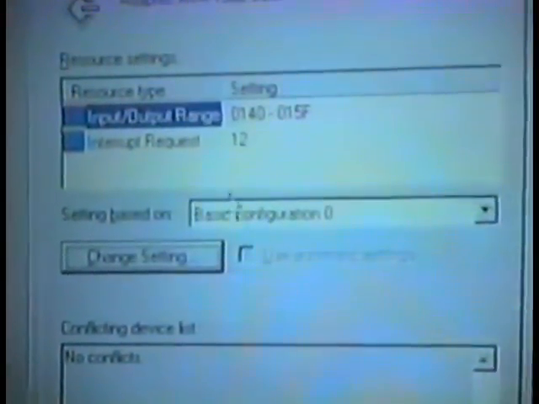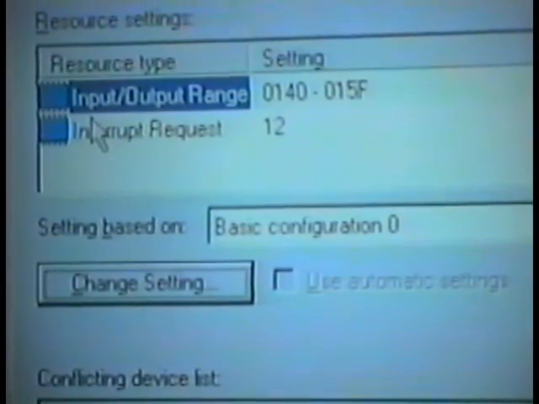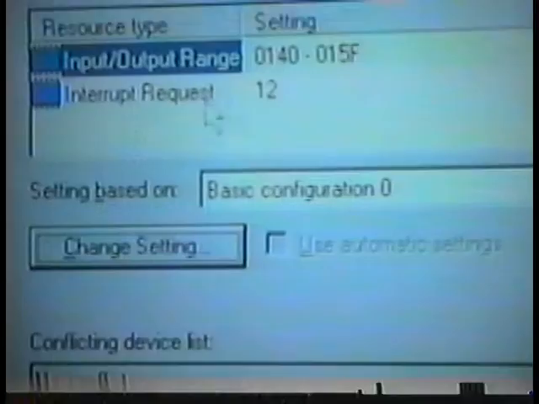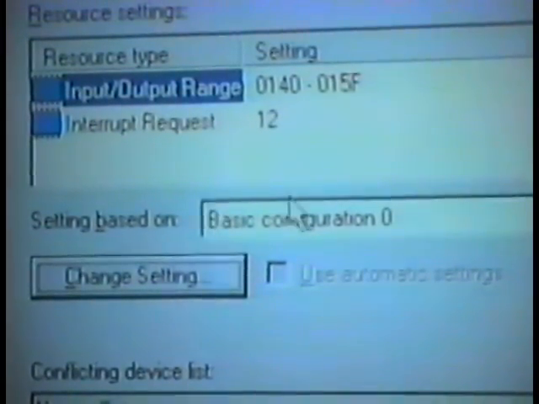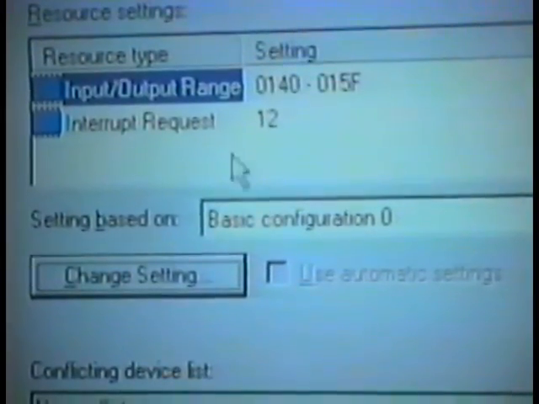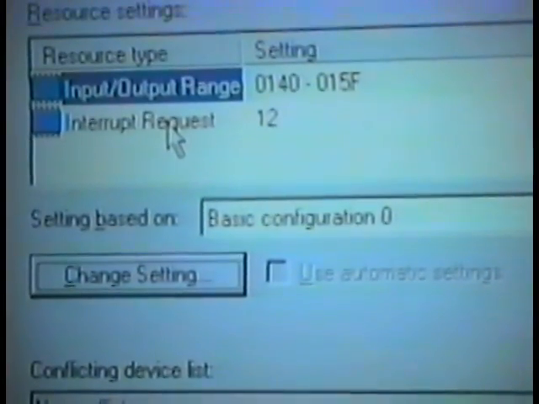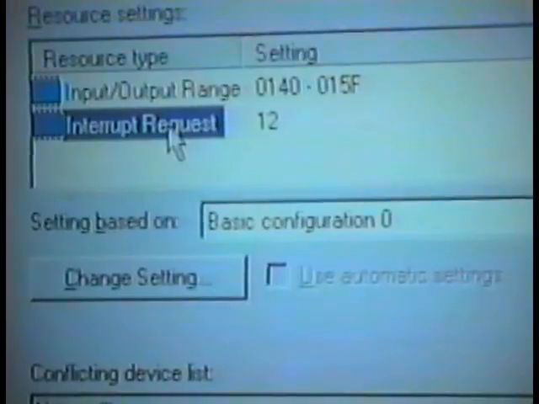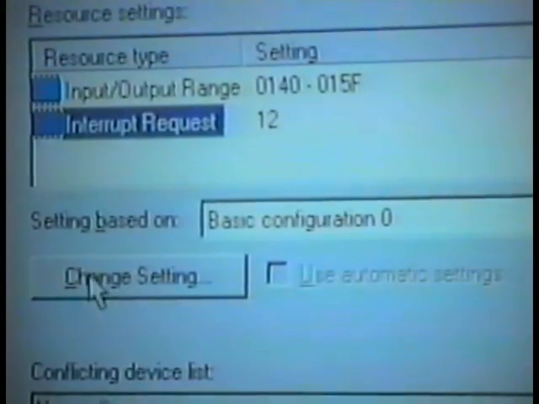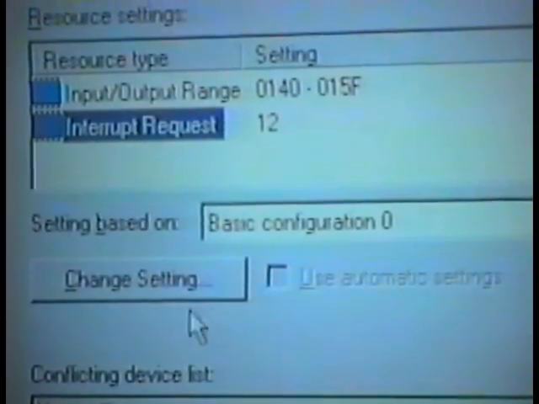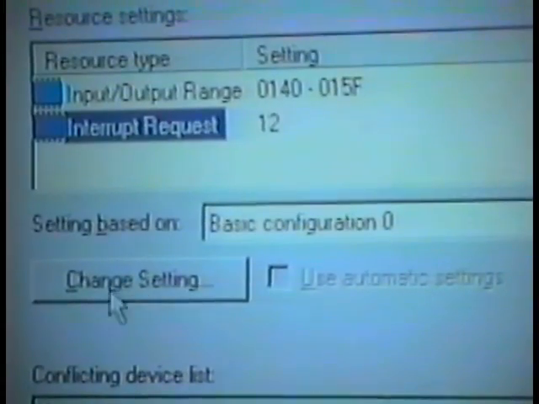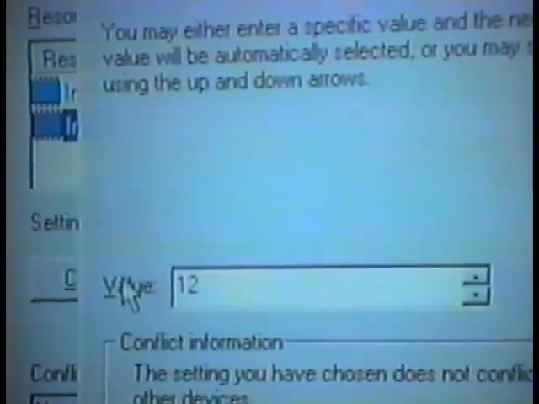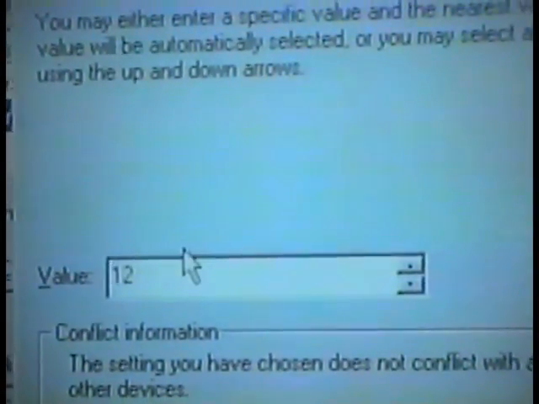Once again, you'll go back to your previous screen, which was input-output range and interrupt request. This time, we want to select the interrupt request by clicking on it once, and then going down and clicking on the change setting button. A screen similar to